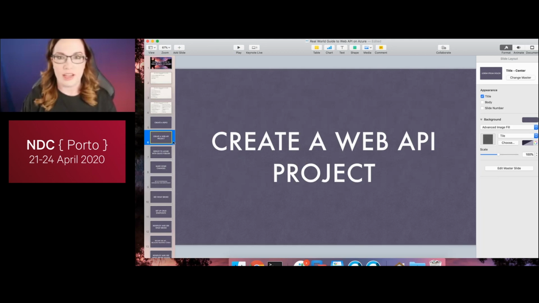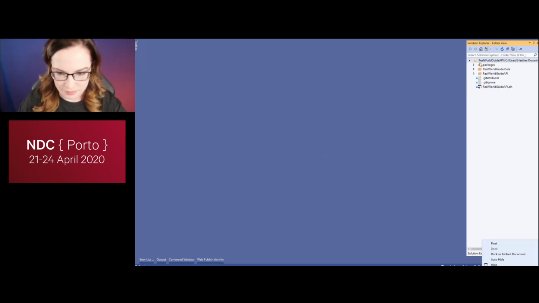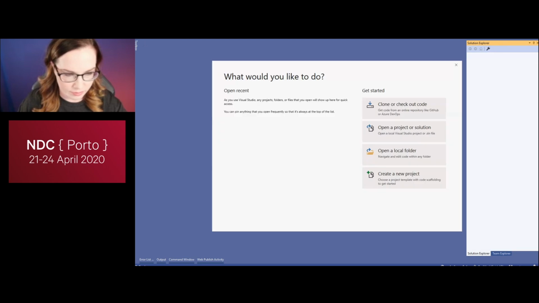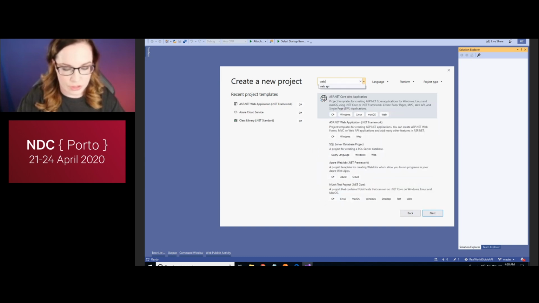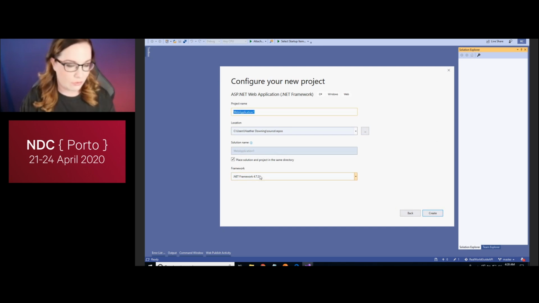And now we're going to create a web API project. All right. So let's do that. I think we went ahead and just created a basic one. So now, because I'm going to choose to do, again, the framework version of this, I'm going to select 472. You can do whatever version you'd like. It's everything in the same directory. I'm going to call this